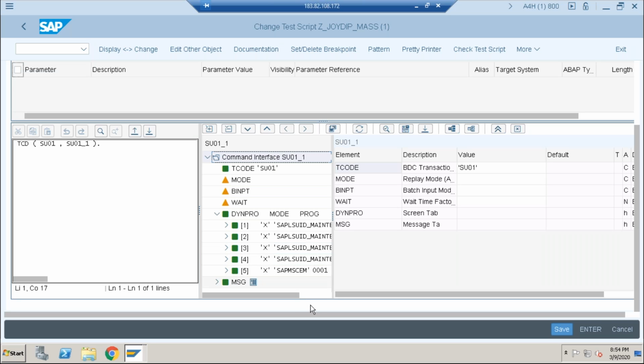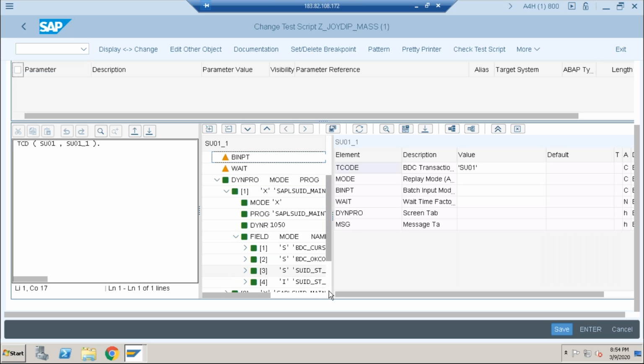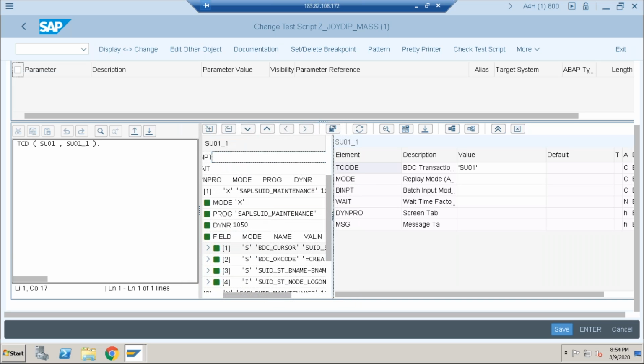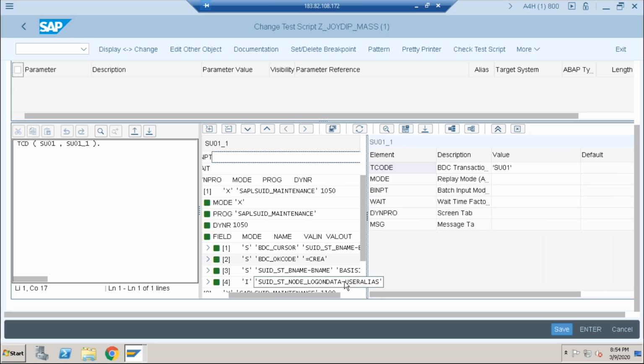Okay. Expand the first one to edit. Go expand the field name. So scroll. Yeah, you can drag and drop. You have just the username. Yeah, correct. That's one. B name. What is the basis name here? Basis. Double click